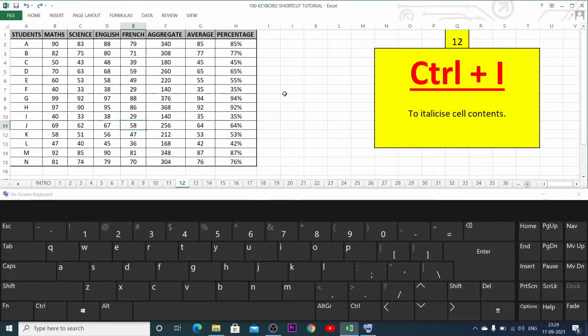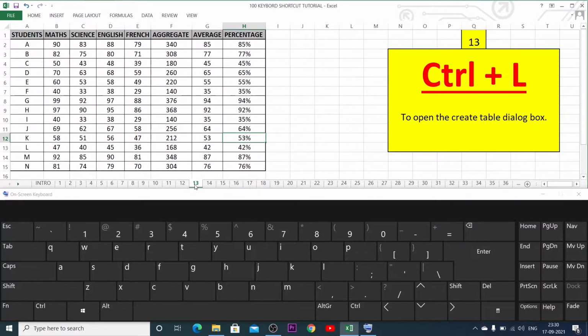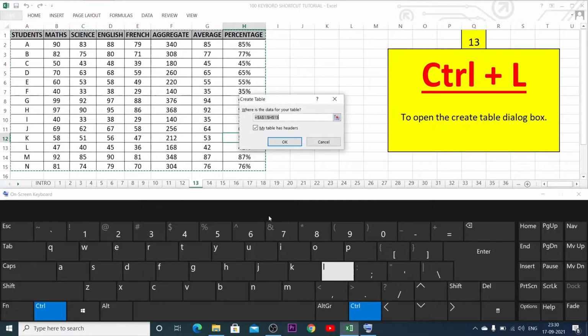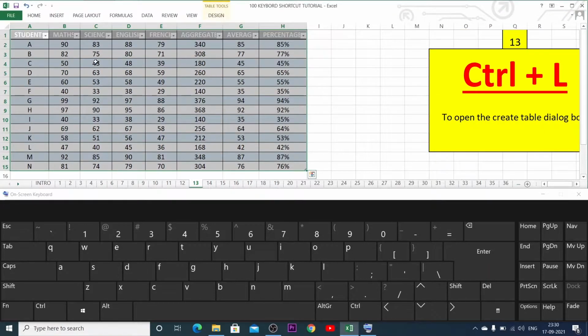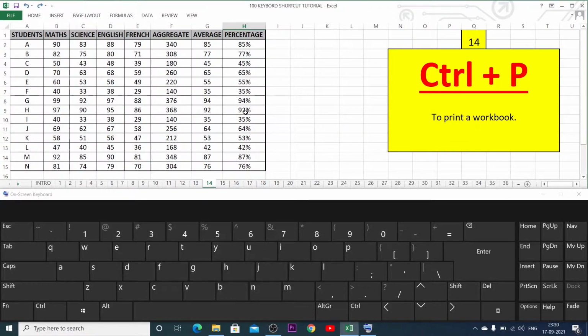Ctrl I to italicize cell contents. Ctrl L to open the Create Table dialog box. Ctrl P to print a workbook.